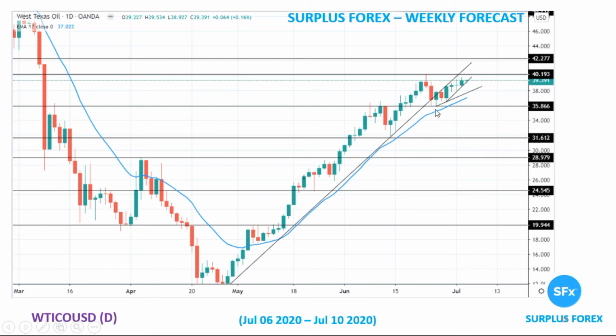So let's see on a 4-hour chart. As of now, it's sitting at 39.39. It's halted here. You see that there's been good consolidation here. It is rising above 37, and now it's sitting at 39. There are chances that it can come down further as the global cases are rising. Some economies like Mexico and other economies are still halting, and that could pressure the oil to stay put.